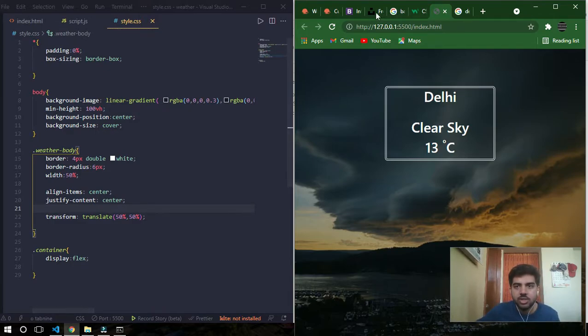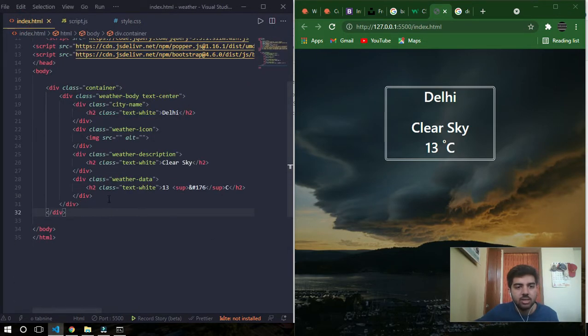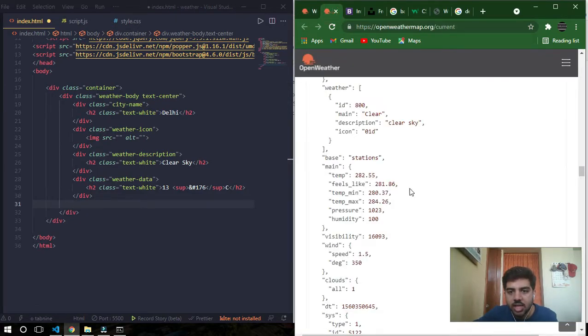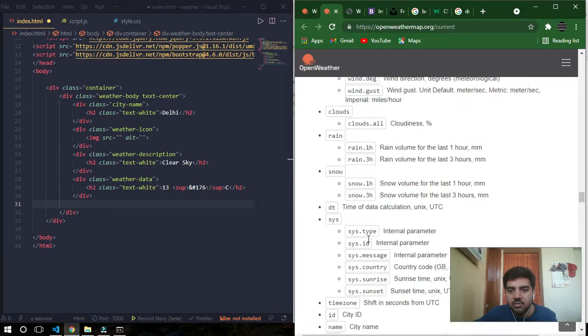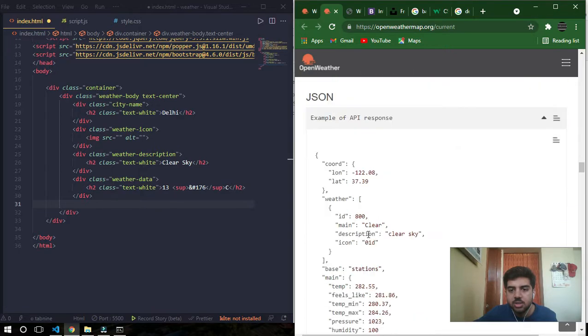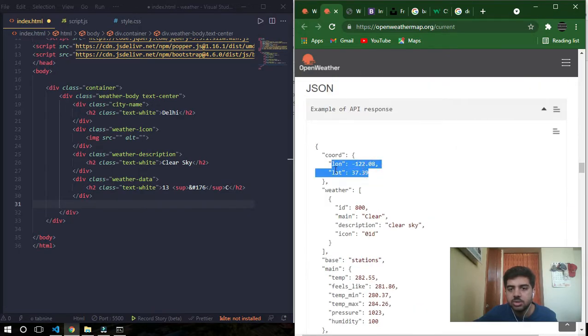Okay, what I'll do next is grab some more data and put it into this div. So what I'm going to use is this temperature. So from the top, we are going to grab this zone using JavaScript. Then we don't need ID, we need main, we need clear sky. Of course we need an icon. For that icon, let's